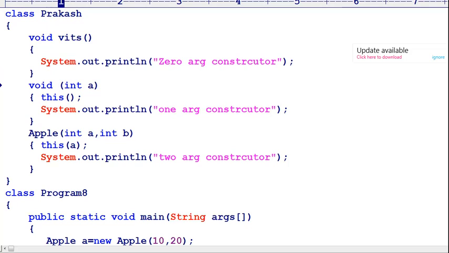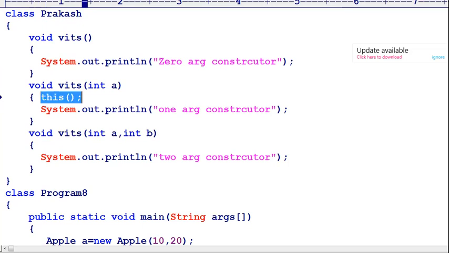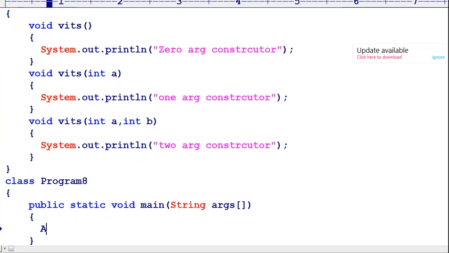I can maintain a widths one argument method, and followed by that, void widths is another one. Now I am creating an object of the Prakash class: Prakash p equals new Prakash. Here there is no constructor, so the default constructor will be executed.